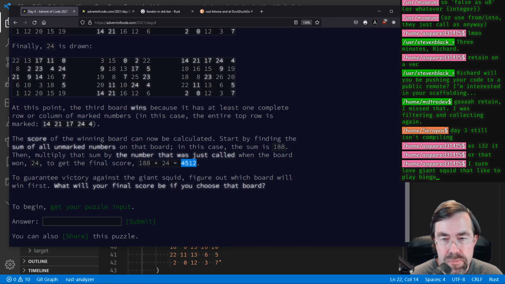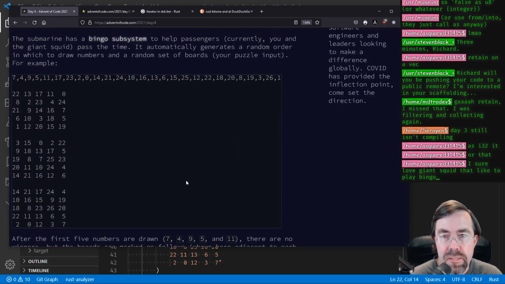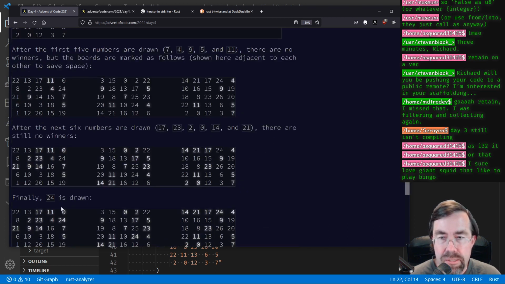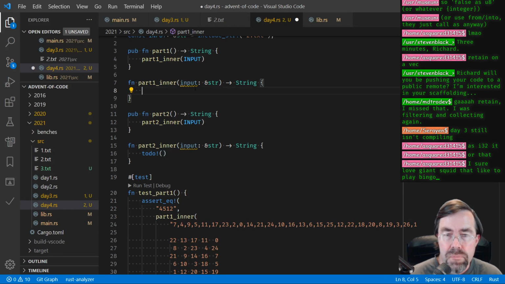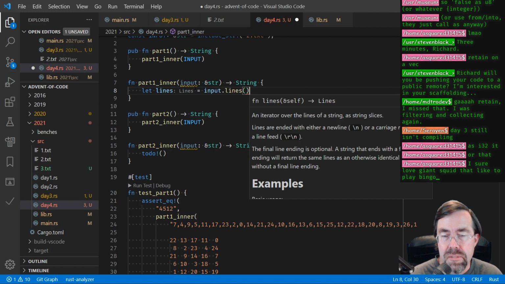Oh geez, this one just seems like a pain, because we've got to break the moves off and then break the boards off. We'll just keep it simple and make a struct for the boards, and have a function to tell us if there's a bingo. And if we find one that's a bingo, then we can calculate the score. So yeah, let's do this. So part 1. Let lines equal input.lines, and then let